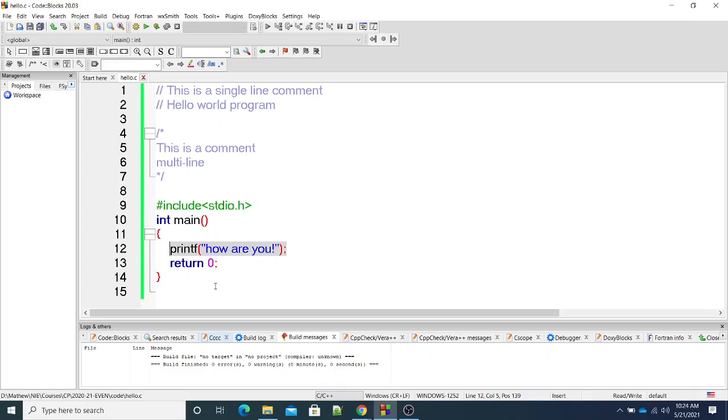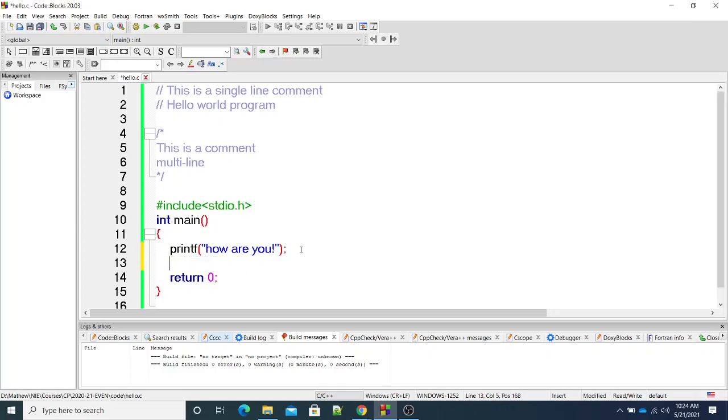This return 0 is also mandatory. It says we want to go out of this function. Main is the function. It starts from this curly bracket, and just before ending we put a return 0 to indicate that we are good. In main it is kind of optional, but if it is not there, it might generate a warning or something.